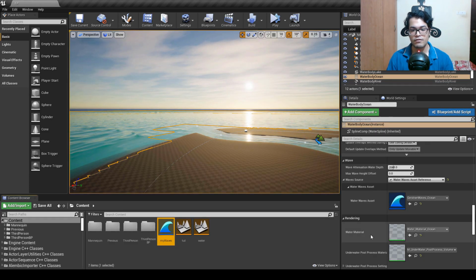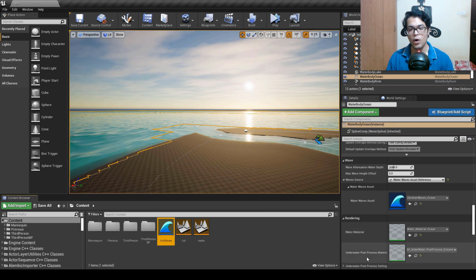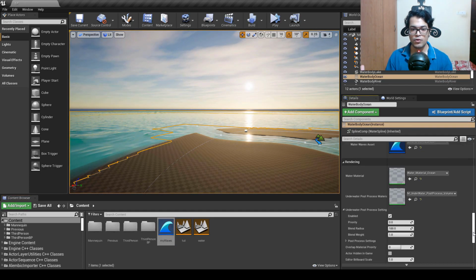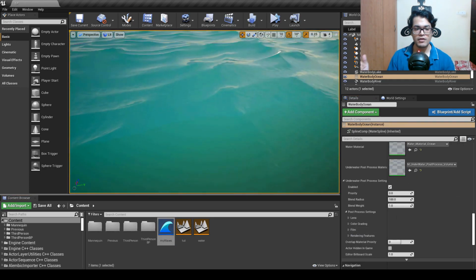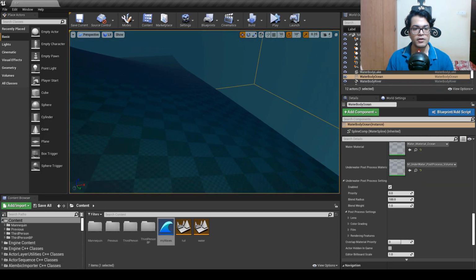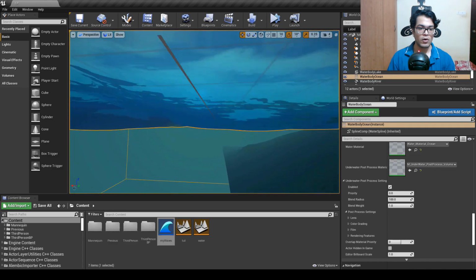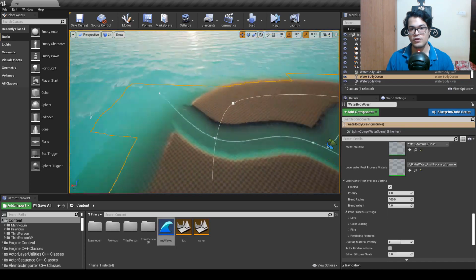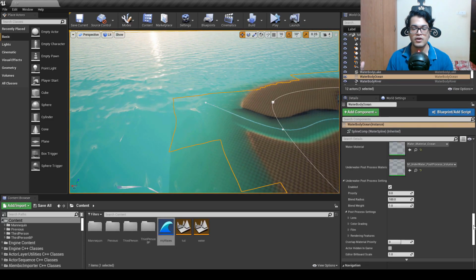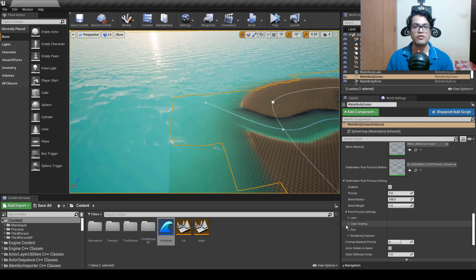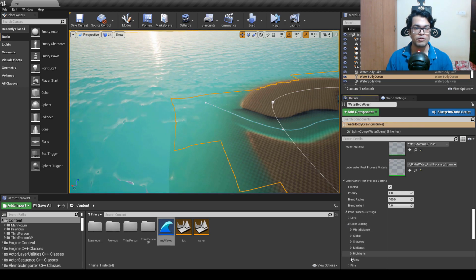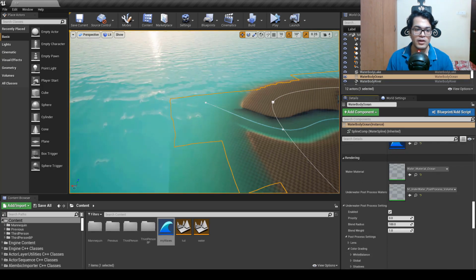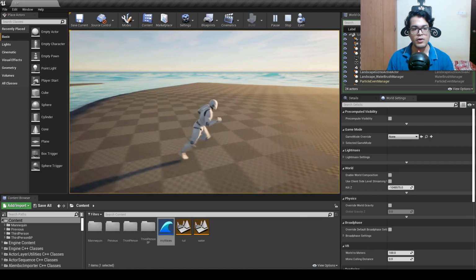Under the rendering we have 2 options. So we have the water material, and that is using the default water material, and we also have a post-processing volume material. So as you can see, if we go underwater, the underwater thing is just using the post-processing effects. So it is not like a physical volume. It is not a physical water simulation. So this is essentially a different post-processing effects stack for underwater. So it is switching and blending between our post-processing and the underwater post-processing asset. So you could essentially change all these post-processing settings. Okay, so now let's test it out.